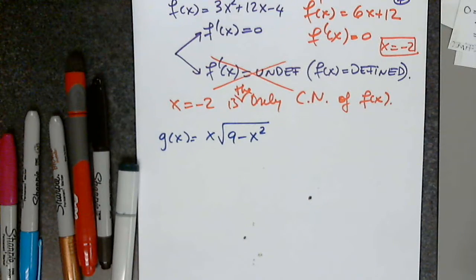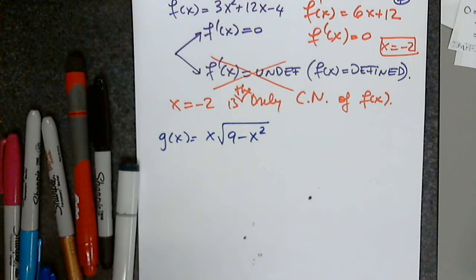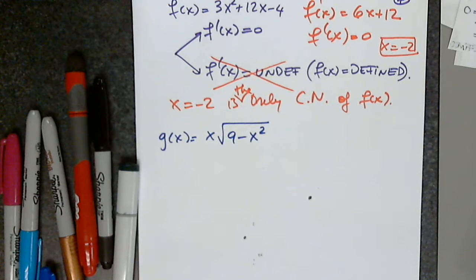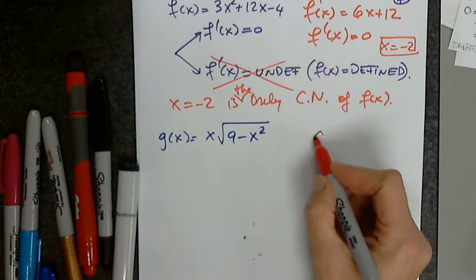Can anyone tell us what to write that will lead us to finding the domain? I have to solve and get the domain. What do I have to write? To find the domain. No one likes the square root. You have to make 9 minus x squared